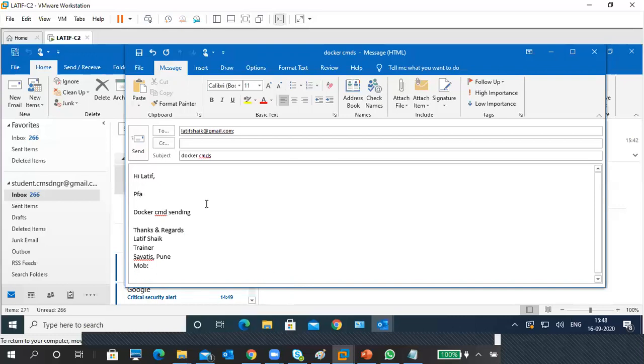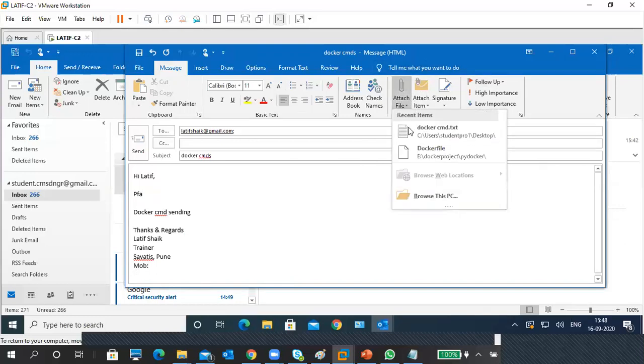I put PFA here, which means attachments are required. So you have to go to attach file or attach item. Item means like a business card or calendar. You can schedule something for a particular time, and if you want to follow up, you can click on follow up today, tomorrow. You can attach the file like a document, and it automatically detects the document. You can go to this document, or you can search for the file.